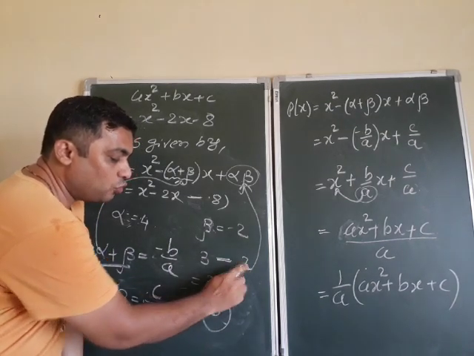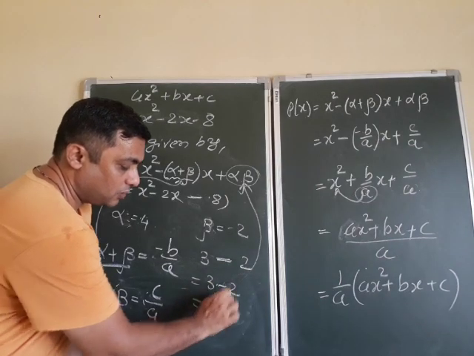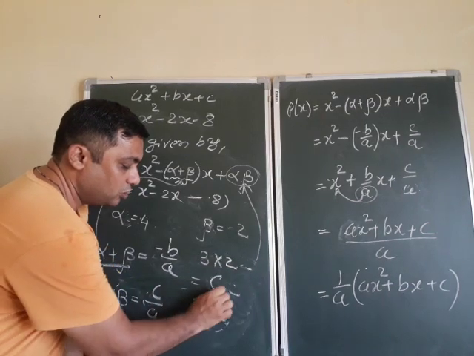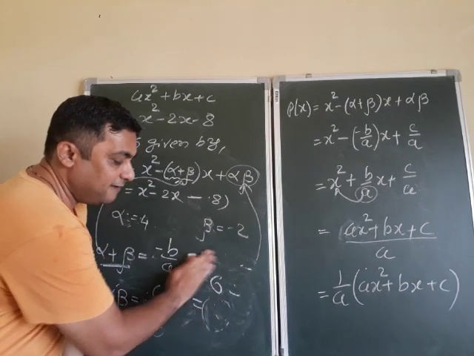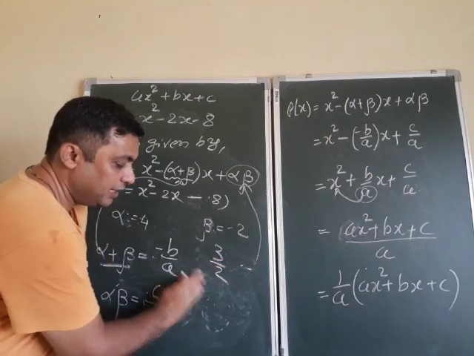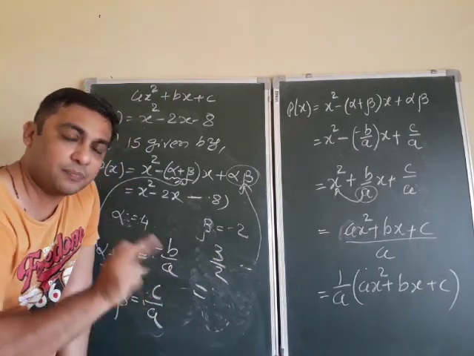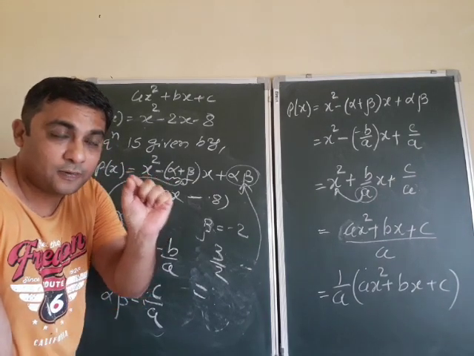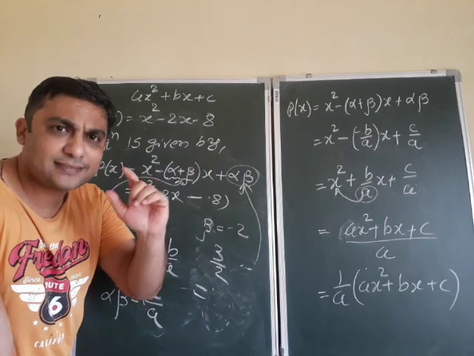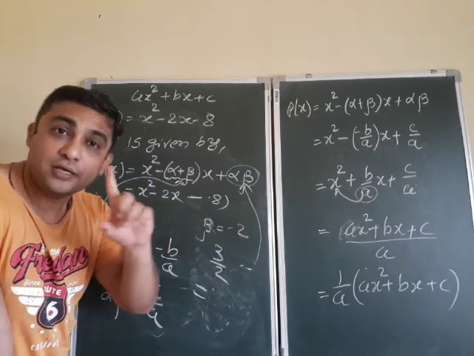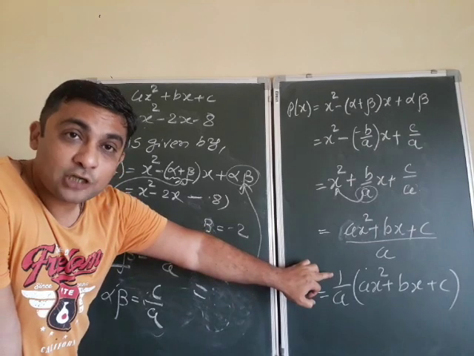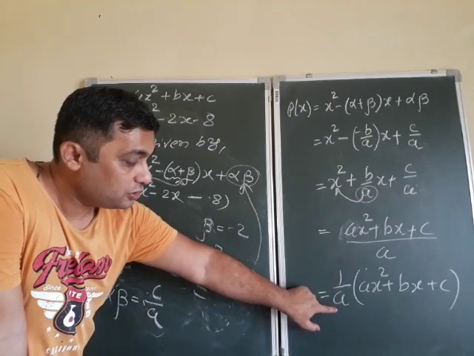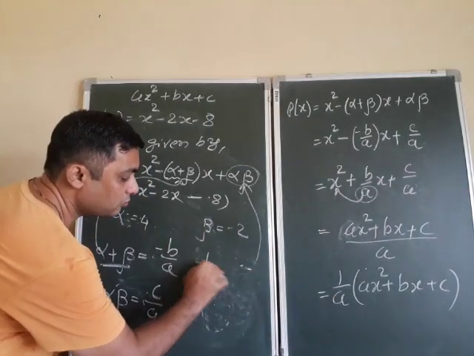Same way subtraction of two constants is again a constant. Same way multiplication of two constants is again a constant. Same way division, 3 upon 2, it is again a constant. It is a rational number, but it is a constant. It means algebraic results of any two constants is again a constant. So 1 is a constant, a is a constant. So algebraic operations give a constant. So 1 upon a is a constant.